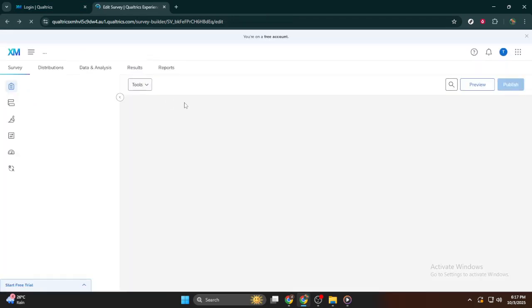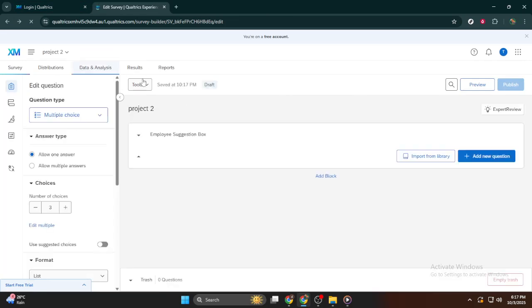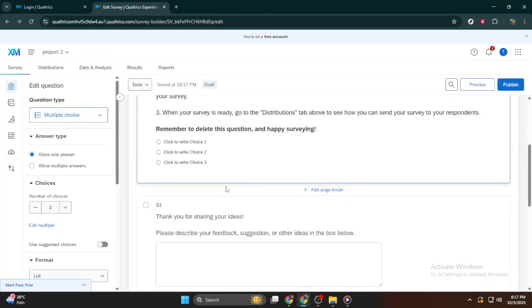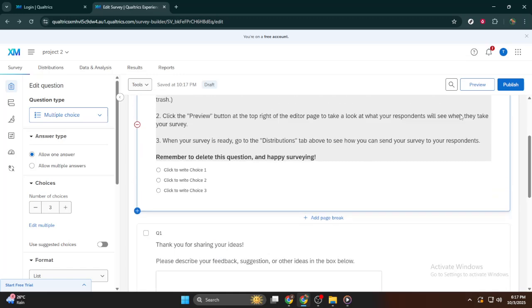Include the estimated completion time for the survey. This transparency helps manage expectations, ensuring participants are aware of the time commitment involved. Follow this with an explanation of how the data gathered will be used. This is the perfect moment to assure participants of the confidentiality of their responses, which can significantly increase completion rates